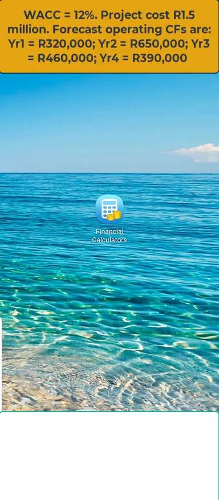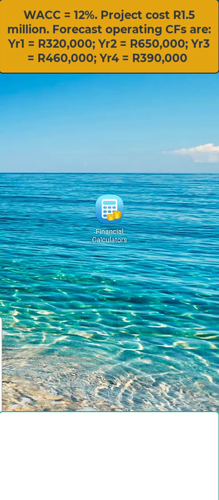This is a demonstration of how to use a generic smartphone app in order to do a net present value calculation. The example in this case is asking you to apply a weighted average cost of capital, therefore the discount rate of 12%, to evaluate a project costing 1.5 million Rand, and that will have expected operating cash flows over